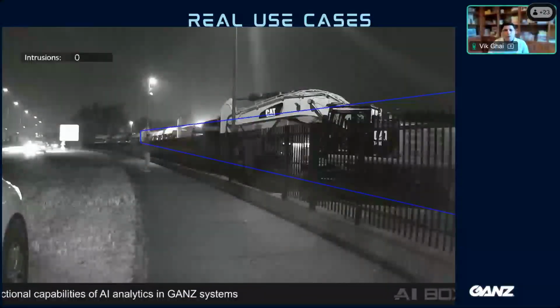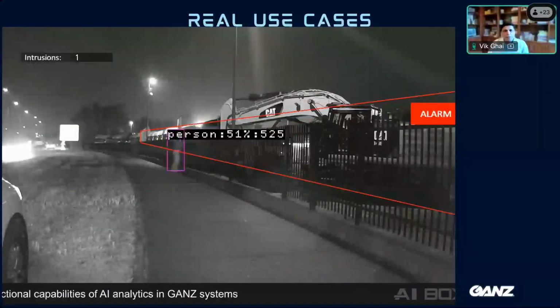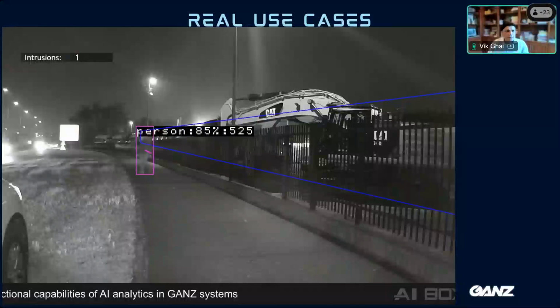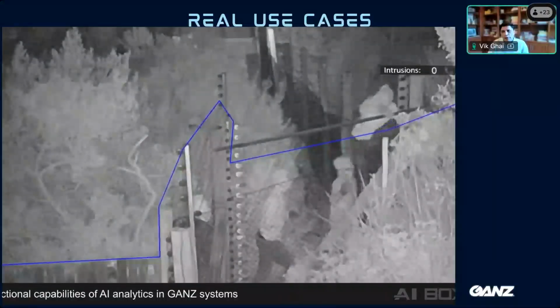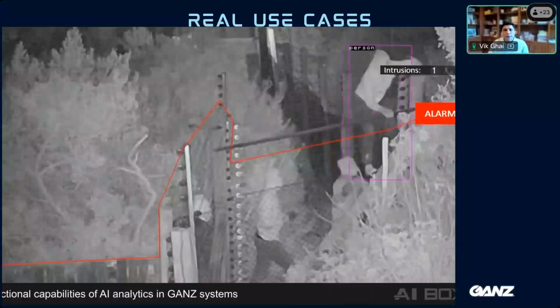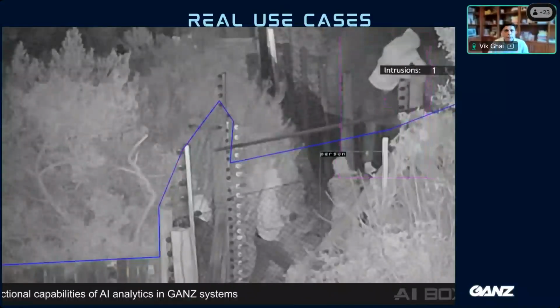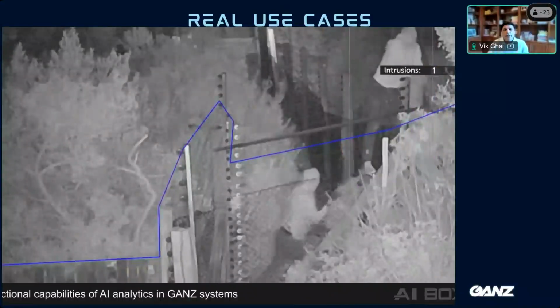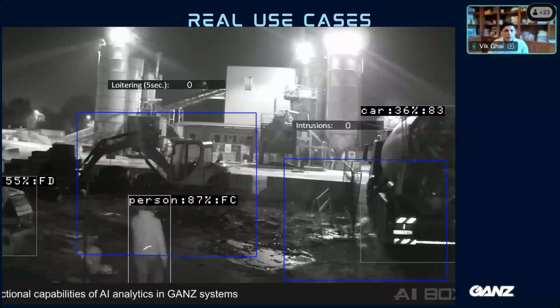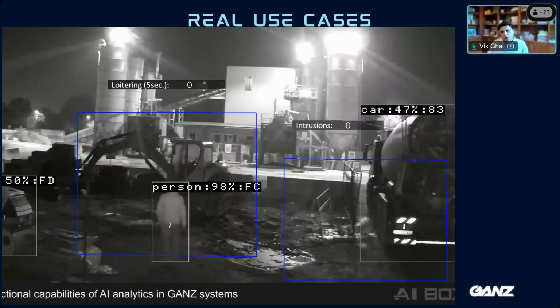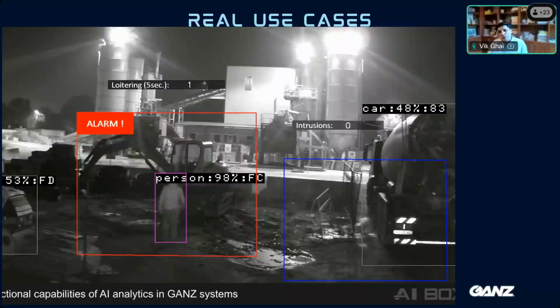In this case, what you're seeing is a more serious fence-related scenario unfolding. Again, someone climbing over a fence in a high security area. The AI box not only detects this intrusion, but also recognizes it as a severe breach. It immediately escalates the response, alerting security personnel, providing real-time feed. Here you're looking at a construction site.